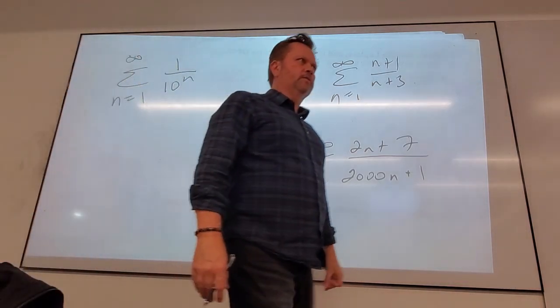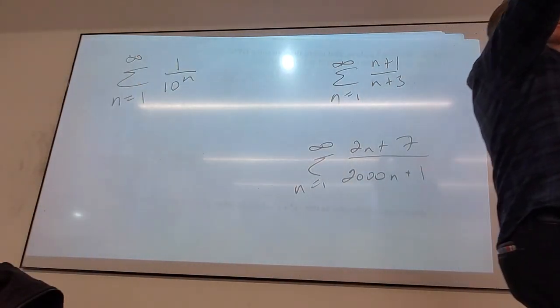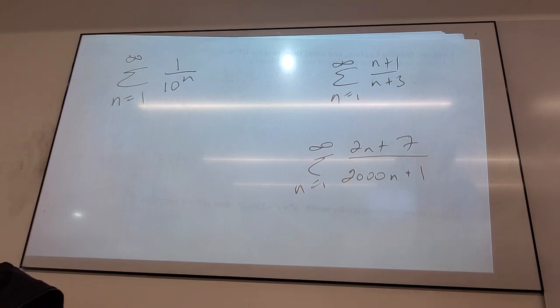1 over 1,000. The degrees are equal. So as I let n go to infinity, it's the ratio of the leading coefficients, yes? Ratios of powers of n are easy to take the limit of, yes? 1 over 1,000, is that a very big number? No. But if I add 1 over 1,000 up an infinite number of times, I'm going to go to